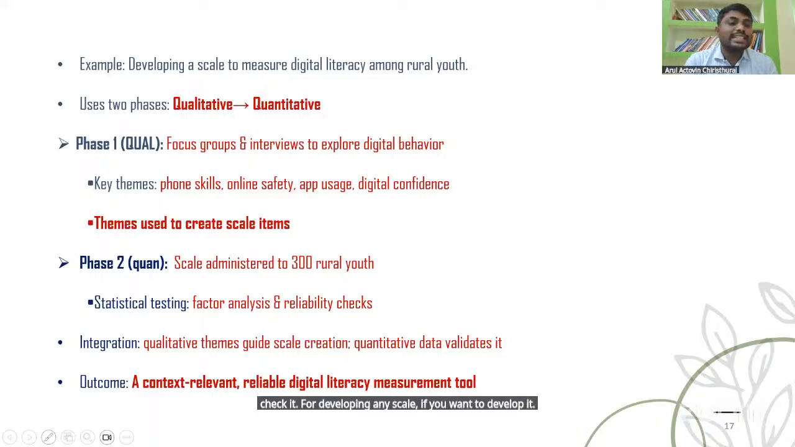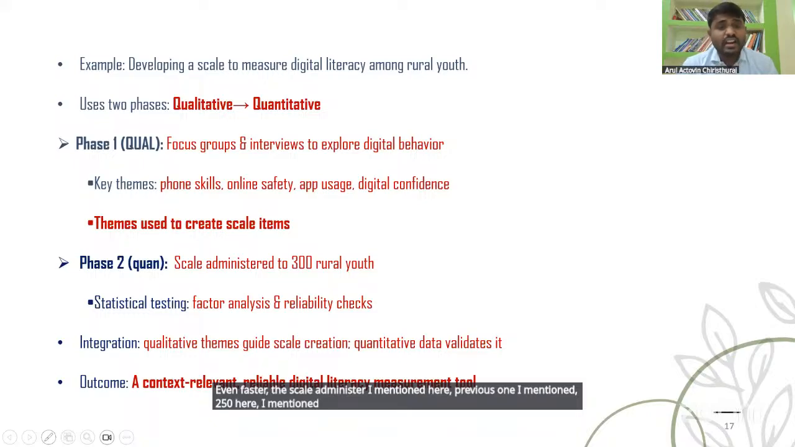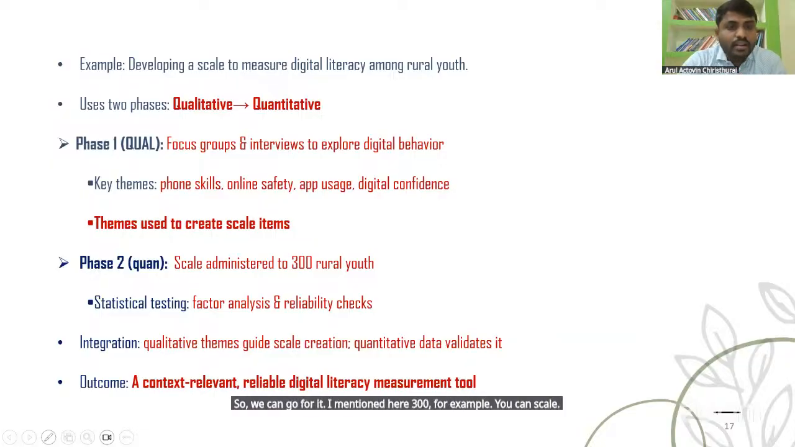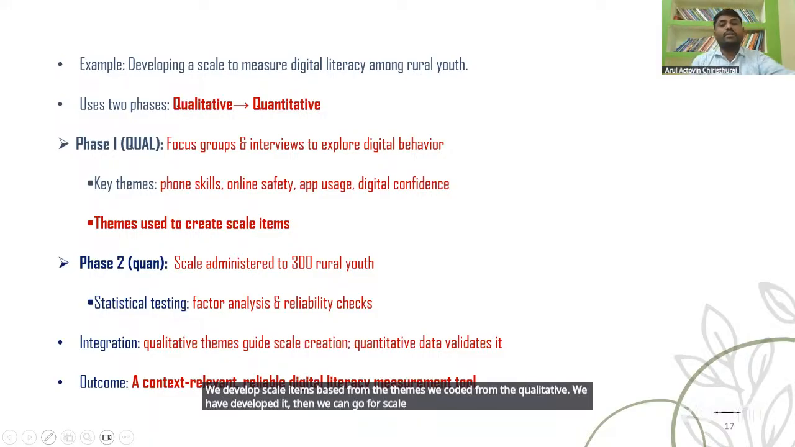Even faster, the scale administer: previously I mentioned 250, here I mentioned 300. It can be 400, 500 also; it depends upon the population, the sample population. So we can go for it. I mentioned 300 here. For example, we develop scale items based on the themes we got from the qualitative phase. Once we have developed them, we can go for scale administration with 300 participants,